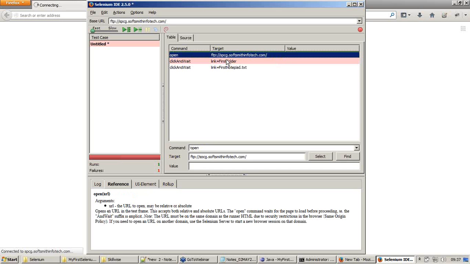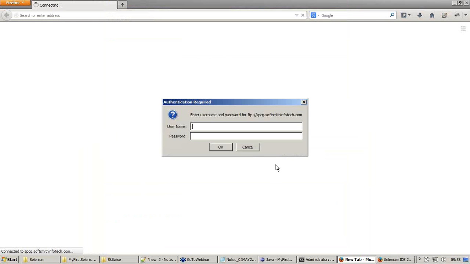Because opening the FTP is not only the line, other than that I have two more lines. I need to open a folder and then I need to click on a notepad file. If both the two lines are not passing, I cannot say that my test case is executed correctly. So let us try to